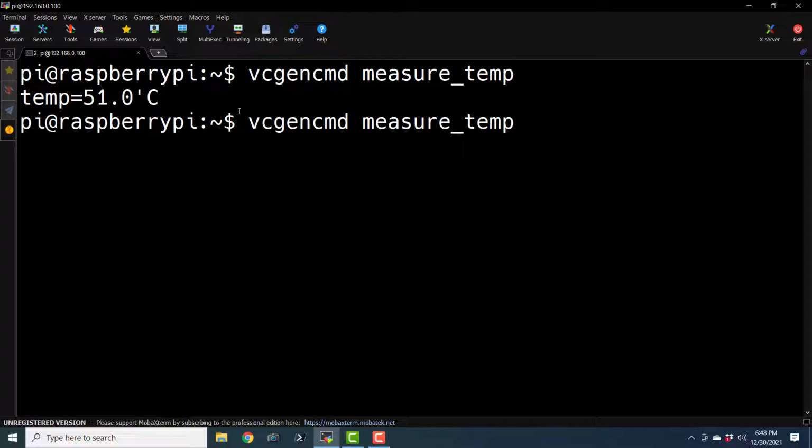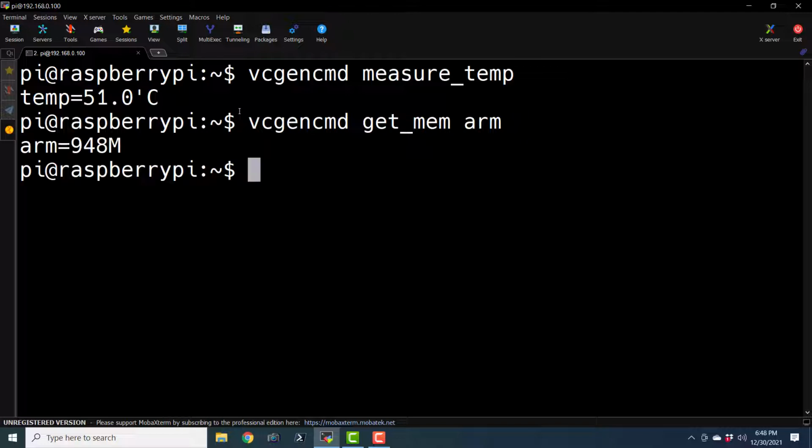And finally, get_mem arm, and if I hit enter, it will show us the amount of memory in the Raspberry Pi, and also we can see the amount of memory allocated to GPU.